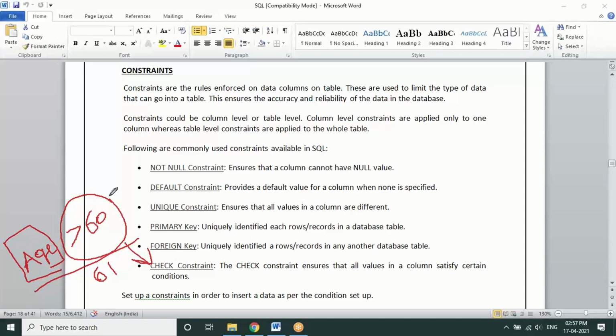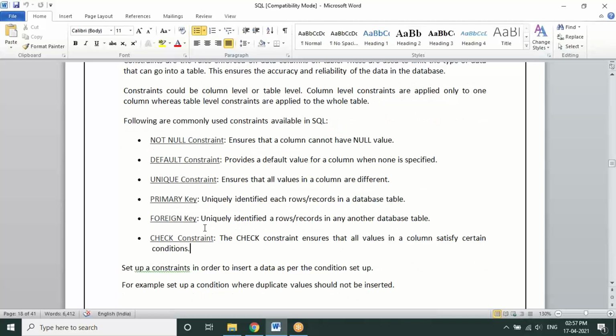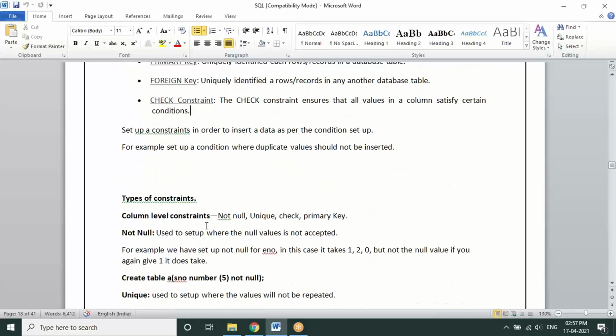You might even observe in most websites while registering, if certain scores of a particular student or a particular person entering the values do not satisfy the condition given there, they will not be accepted. That kind of constraint, we call a check constraint. So these are the 6 types of constraints which we have in SQL, which we can use to enforce rules over a particular column of a table, right? So now let's try to work on them.